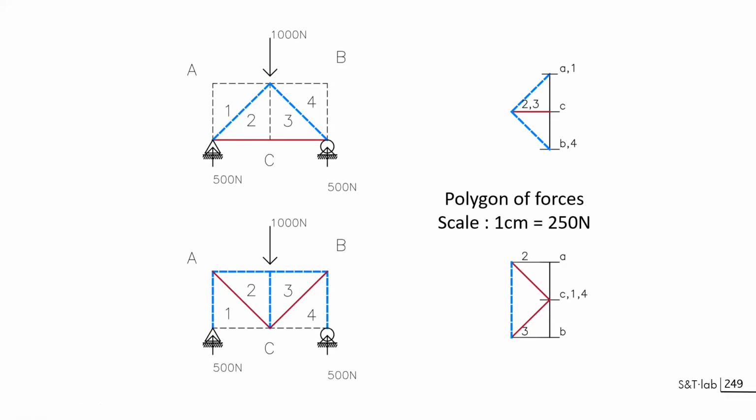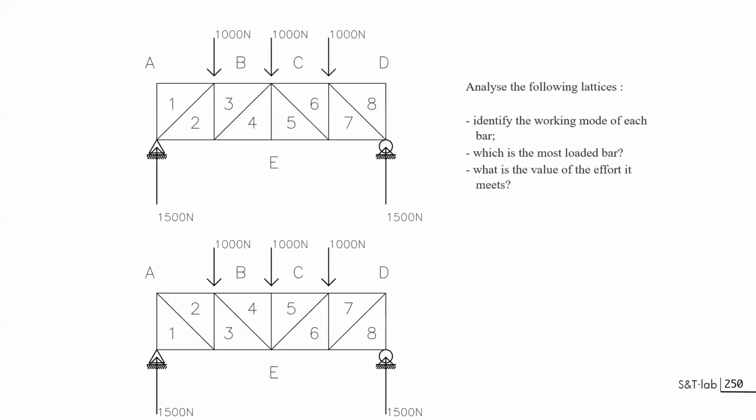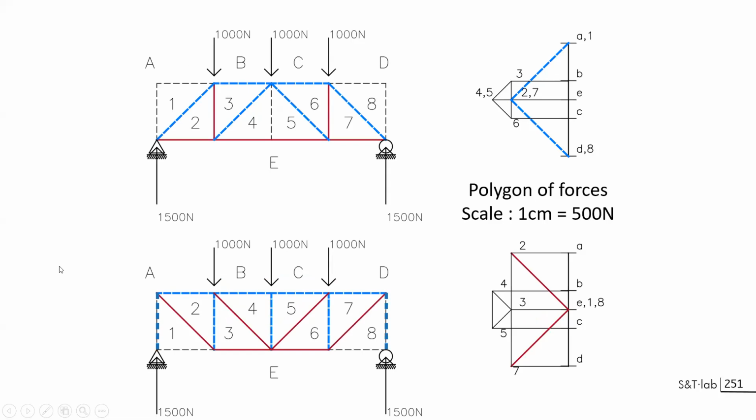So this is the theory as proposed by Cremona, and you can do it for more complex cases with the same analysis. Here, no force, here, no force, here, no force, here, no force, and here, no force, and you can build the corresponding force polygon. This polygon enables you, with the same kind of notation, to know, if I take this node turning clockwise, I will have B2, 3, and B2, 3 is pushing in that direction, showing that this bar will be in compression. And you can assess which bar is in compression or in tension,